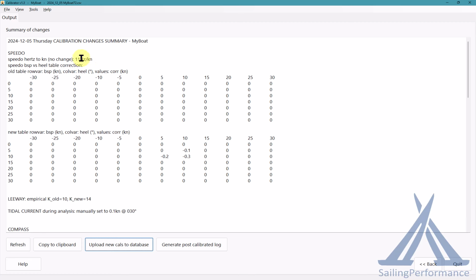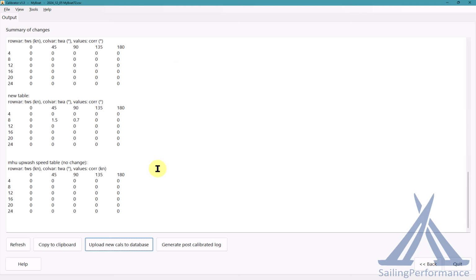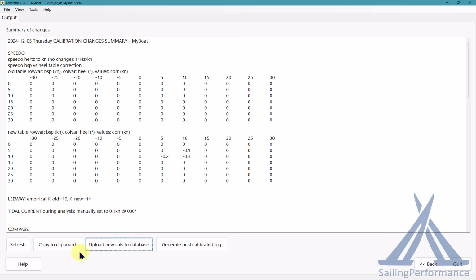For instance, here we had no change in these hertz to knots, but we did change the boat speed versus heel table. It'll give you what the old table was, and you can immediately see what we changed with the new table. We changed the empirical K, the old one was 10, we changed it to 14, and on and on and on. So that makes it really easy to copy this to clipboard and possibly paste it in an email for yourself or for your navigator,